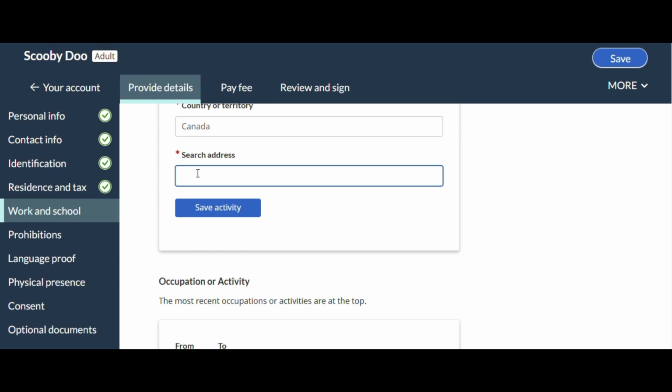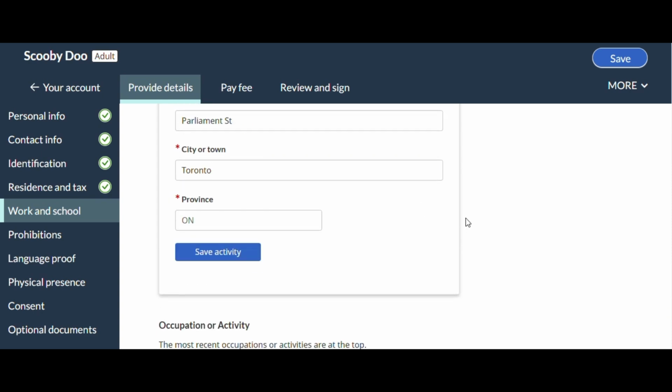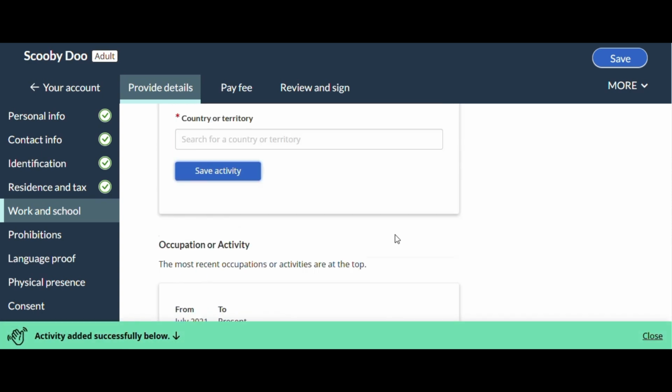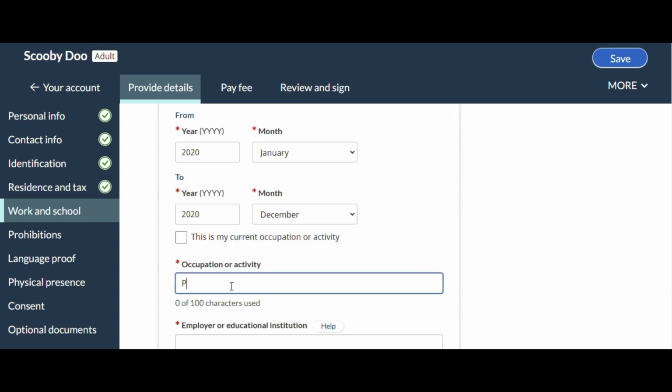And then fill the same address. Let's say it's in Toronto. Okay, and then save this activity. So the last one is the address for the first year, from 2020. Let's say January till 2020 December, and put private service,